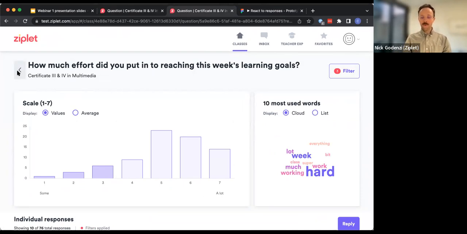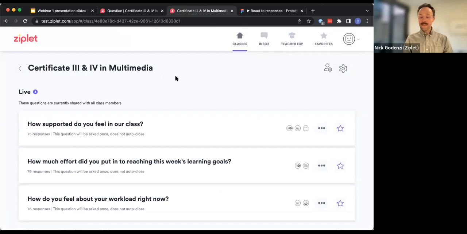So for everyone's benefit, if you haven't seen the Q&A, a couple of small things like when looking at rounds of questions, having the date so that you can quickly remember when you asked a question, for example, or the ability to set up a question, but then duplicate it and apply it to another class that you might be teaching as well.